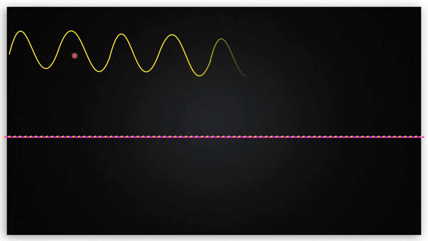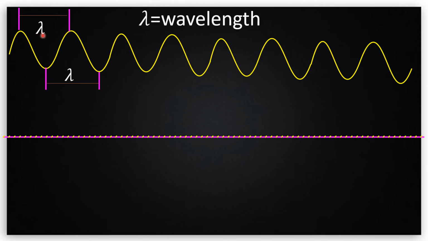Once again I will explain what is wavelength. Say this is a wave. In this we have peaks, isn't it? So these are crests and these are troughs. Higher peaks are called crests, lower peaks are called troughs. So the distance between two consecutive crests, or the distance between two consecutive troughs, is called wavelength. It is denoted by the Greek letter lambda.